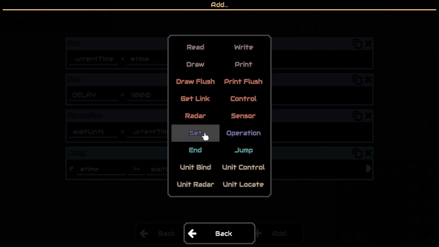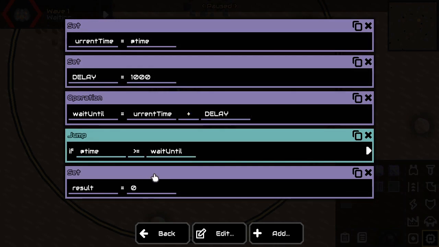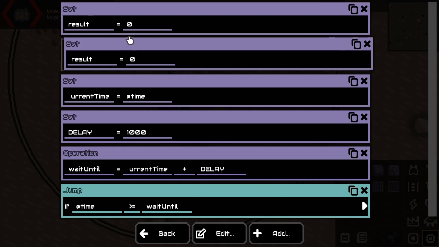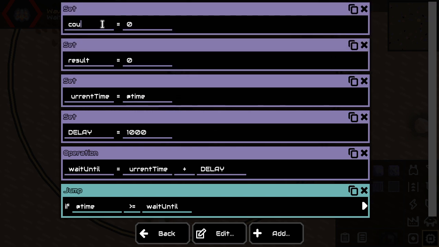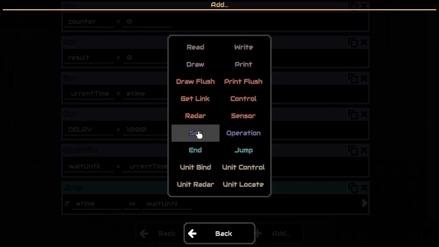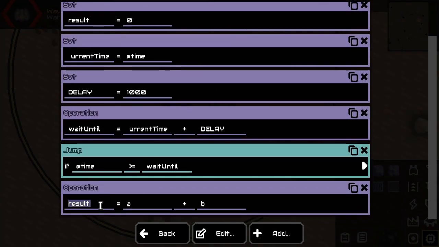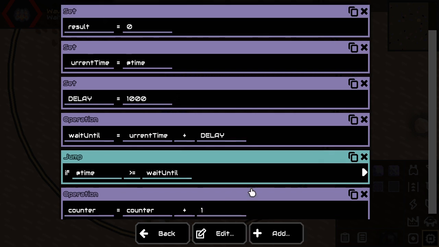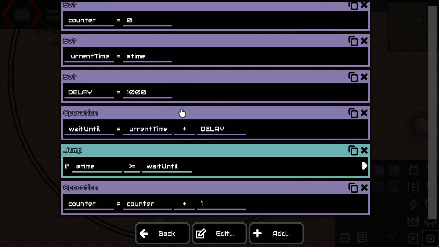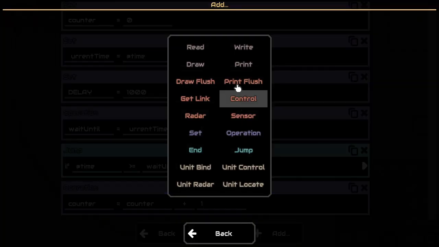So I will just say there's a counter. Oh, I destroyed the counter. I'm going to put a counter here. This has nothing to do with the timer. It's just a counter for us. It's 0 in the beginning. And then we're going to do an operation on it. We're going to say counter is going to be counter plus 1. And the result, well, this was a mistake. Okay, so we're going to set counter plus 1, then we're going to print it, we're going to flush it,